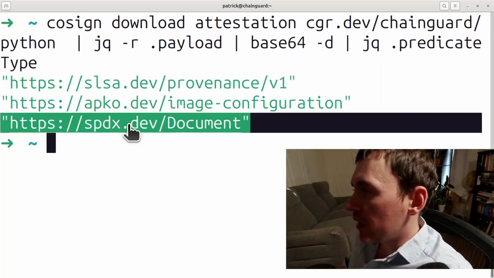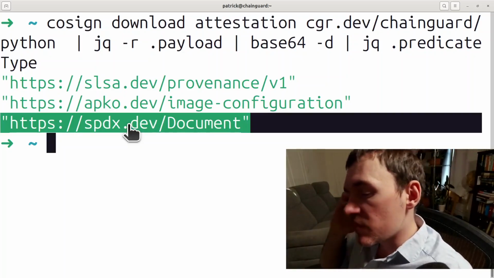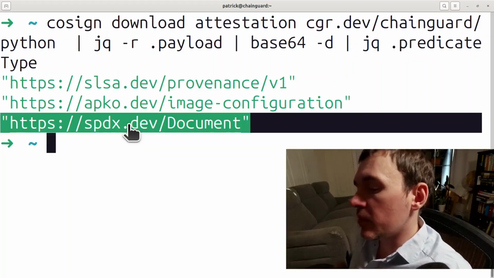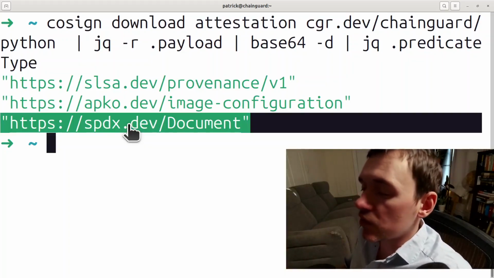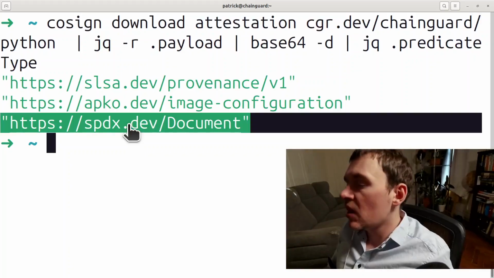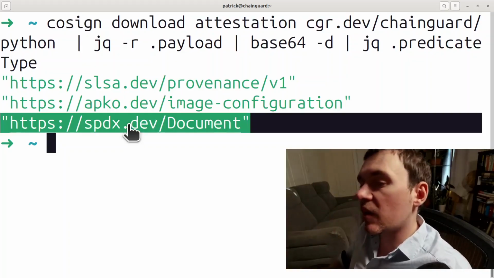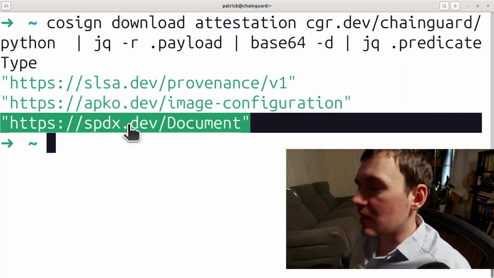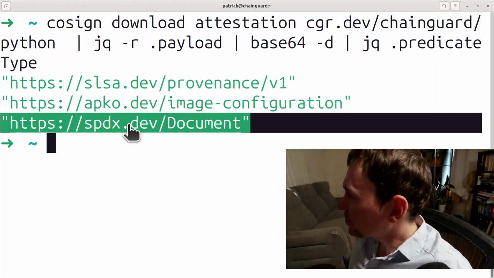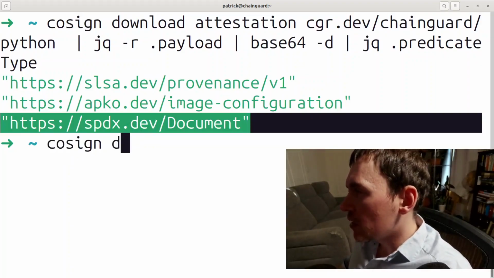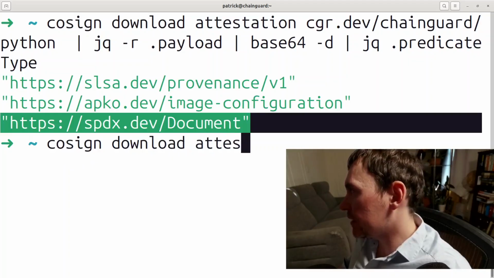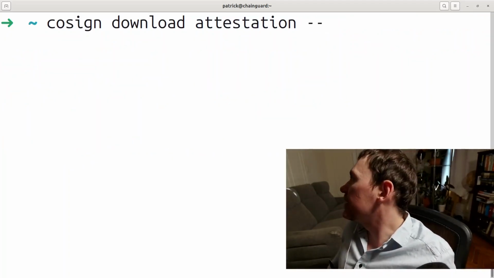Start again, creating the command. Instead of downloading all 3, we're going to pass in arguments to specify exactly what we want. So we're actually going to pass in a platform and also the predicate type. We want this type of document, and specifically in this case, it's going to be the SBOM in SPDX format. So let's do cosign download attestation, and we will pass in platform,